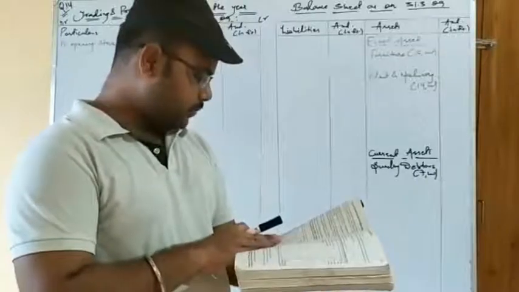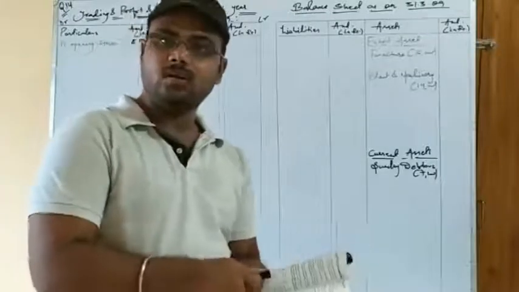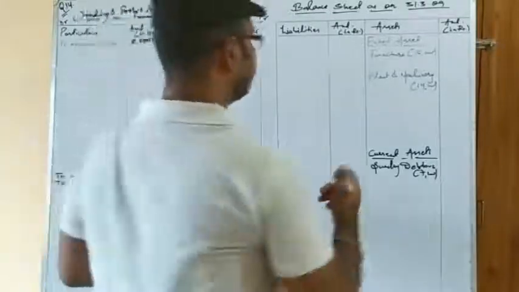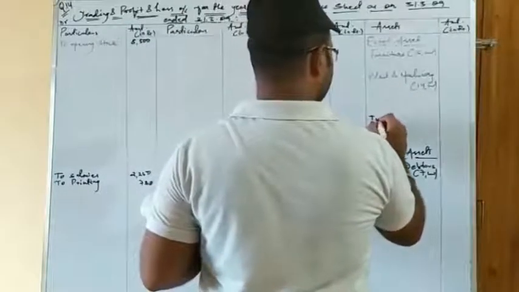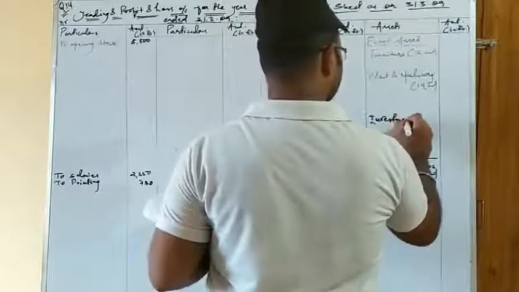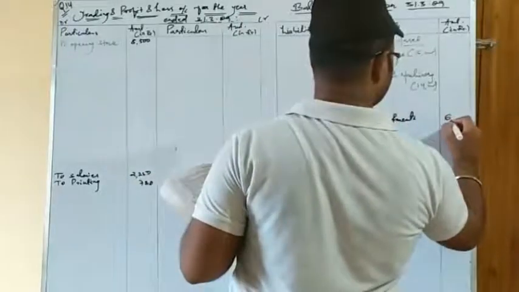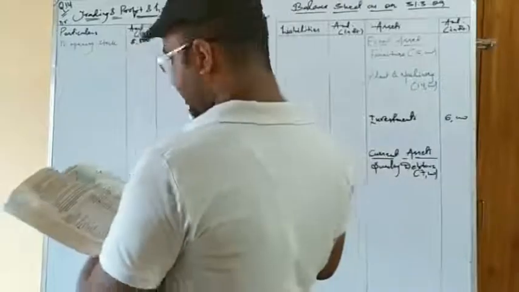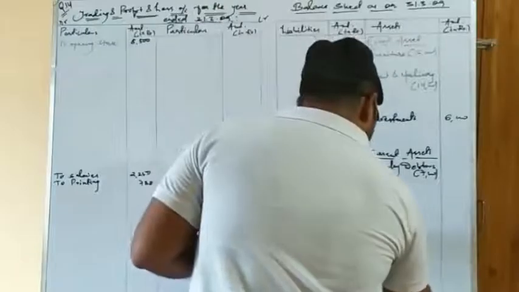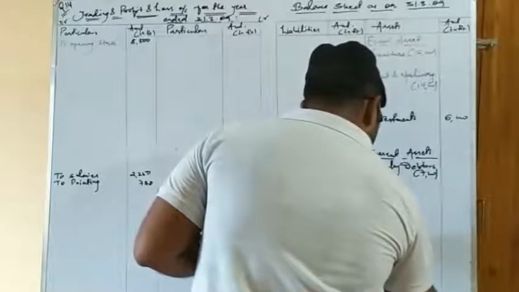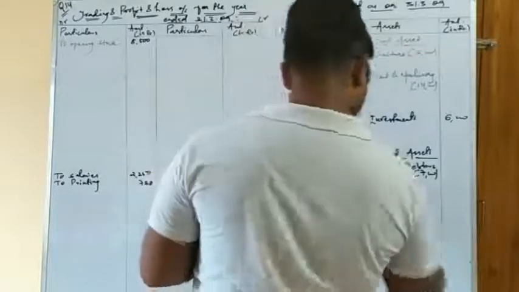Next, we have investments, and to remind you, investments are assets and these are called fixed assets. So we leave space for depreciation for plant and machinery and we write here investment. So the investments value given is 6,000. The next item is cash in hand. So cash in hand is a current asset, but we need space for the adjustment for the debtors. We will write it down. So cash in hand given is 2,400.